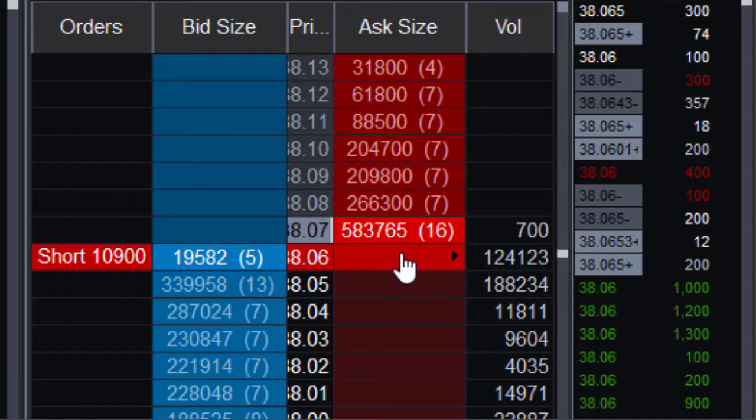So watching price action and volume, and also just knowing your product and how it tends to move, can help in identifying whether I feel I'm on the right side or on the wrong side of a trade. And I know almost instantly that I'm on the wrong side of this trade.